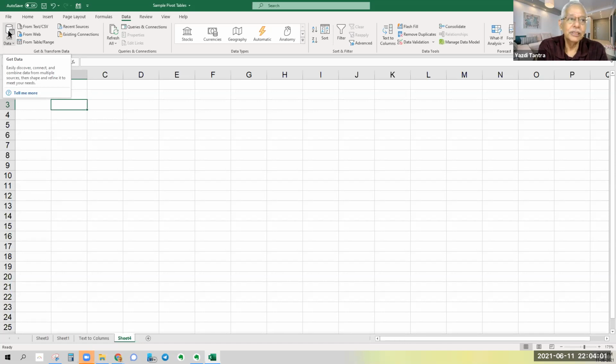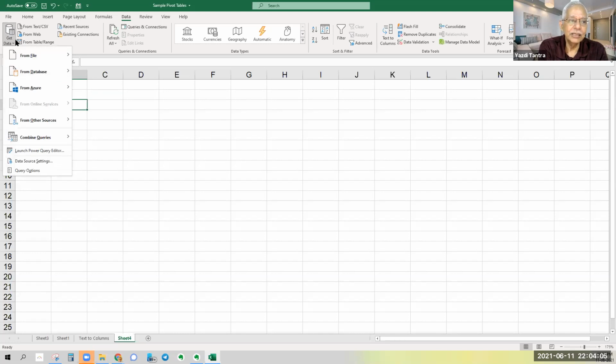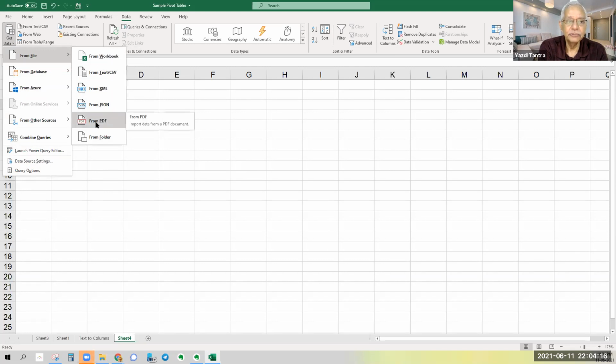It's very difficult, I know. So I just click on Get Data, and there are lots of options here. There is something called Power Query, etc. I am not worried about all those. I just say from file and from PDF. Which type of file you want to import data from? You want to take it from a PDF file.